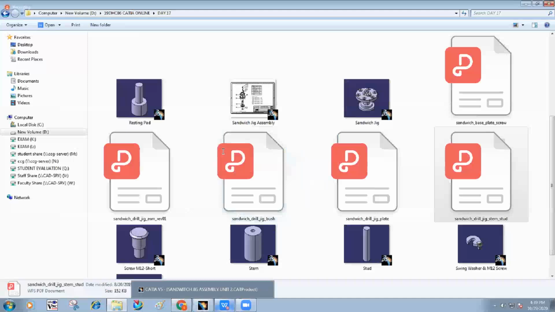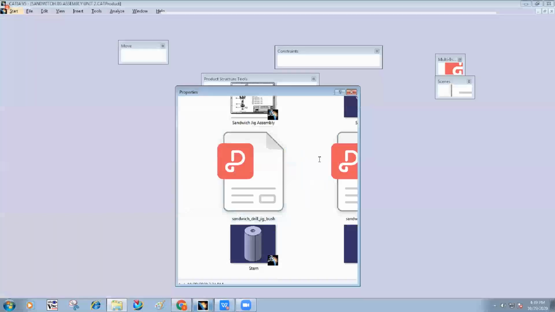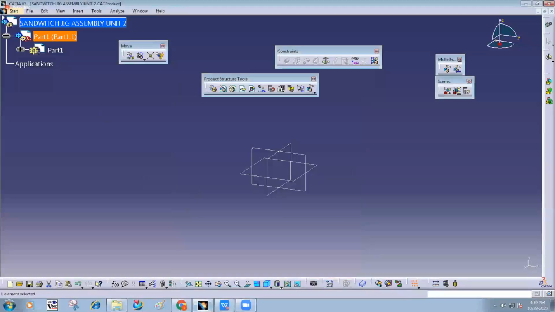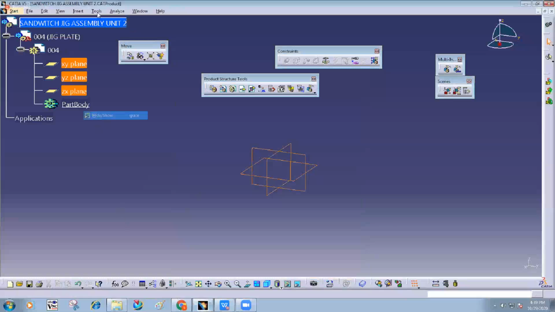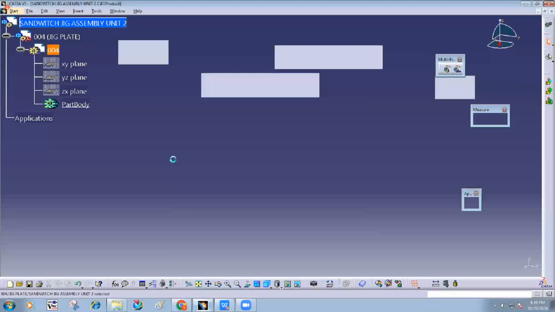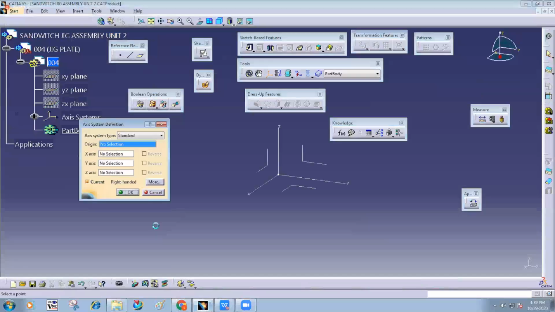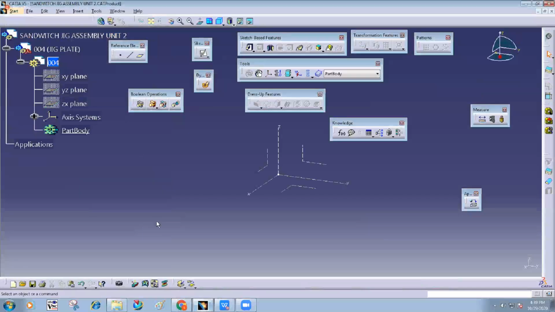Part number 004. Okay, I will turn off all these planes. Double click on part 4, insert axis system, current off. Okay, then next.